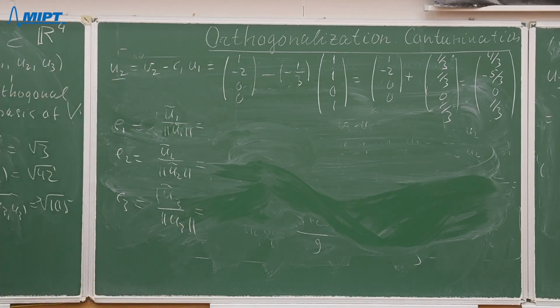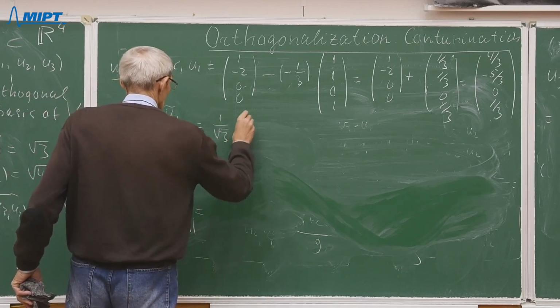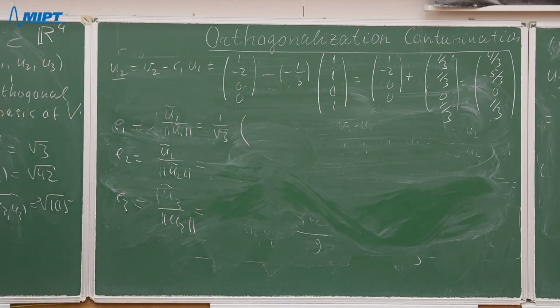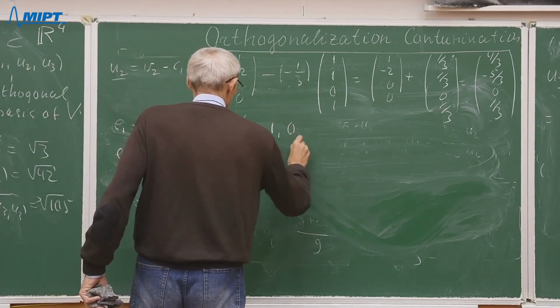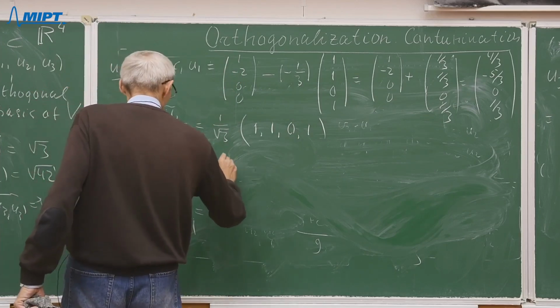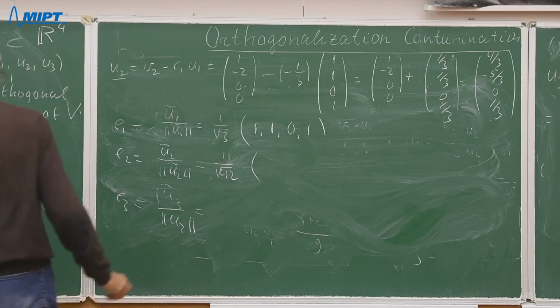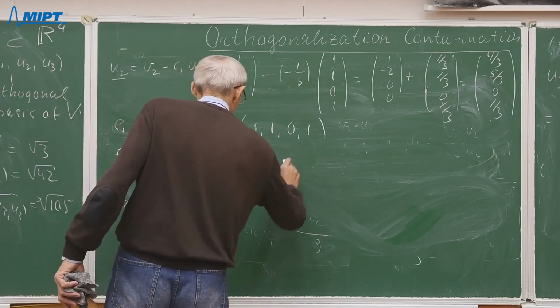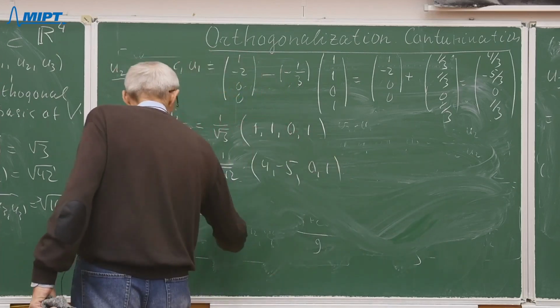And we obtain that E1 is equal to the ratio 1 over the square root of 3, and the second vector E2 is equal to, and the third vector